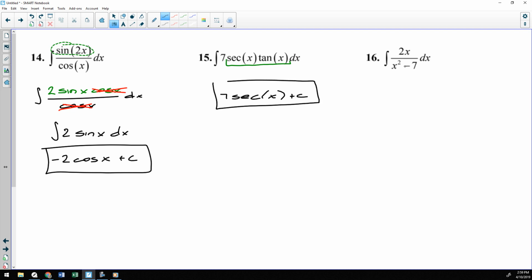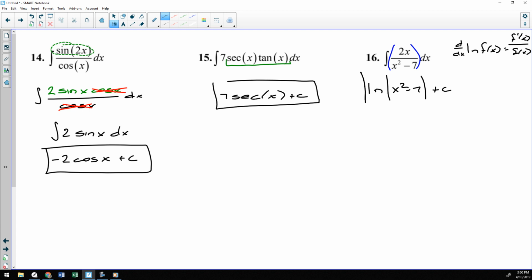And 16 is really something that belongs in the future when we learn how to integrate with u sub. But if you look at the bottom, we have x squared minus 7. The derivative of x squared minus 7 is 2x. And at one point in your life, we learned that the derivative of the natural log of anything is the derivative of the inside over the inside. So if I see a fraction in an antiderivative and I notice that the top is the derivative of the bottom, that means this antiderivative is the natural log of the bottom